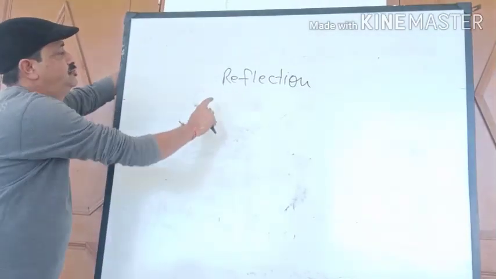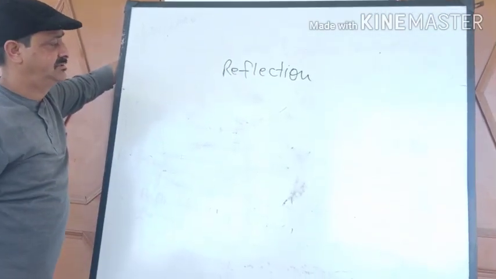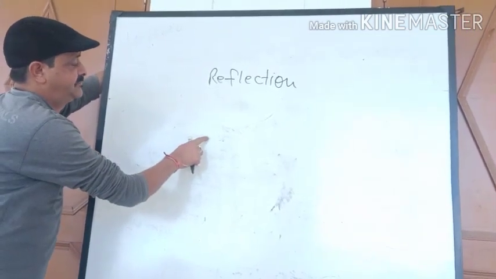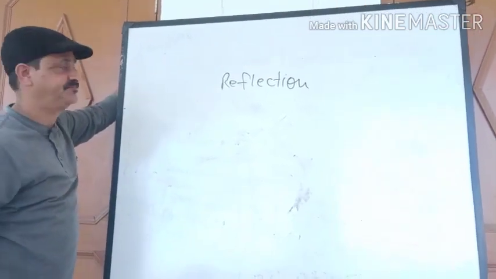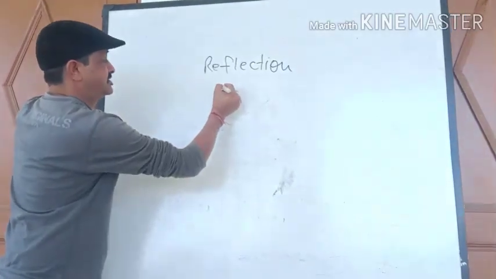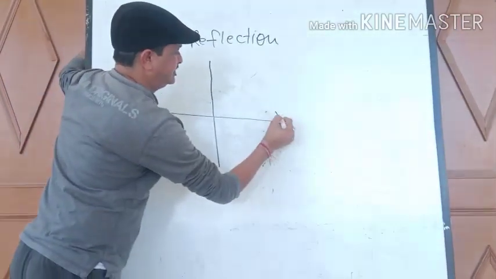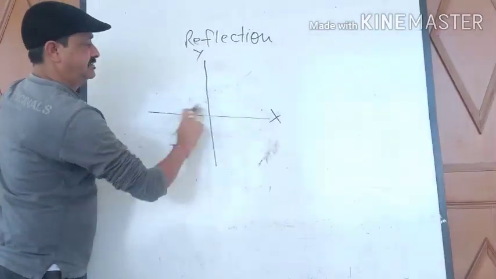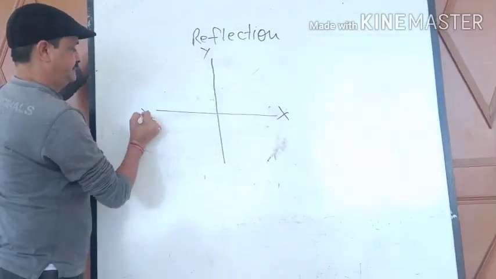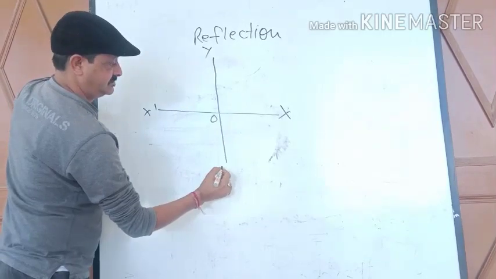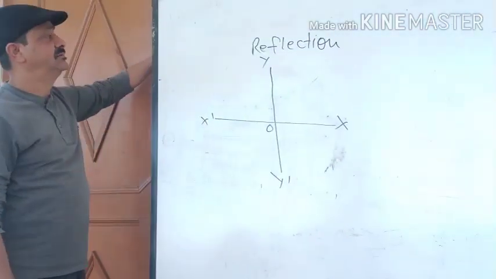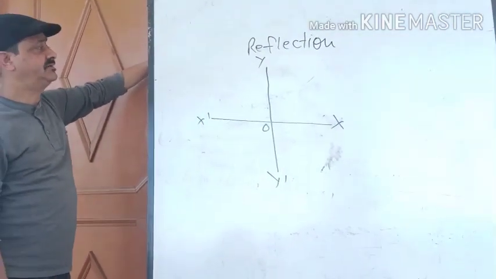Students, today I am telling you about the reflection. It is the first chapter of coordinate geometry. So from this diagram you can understand, we know that the horizontal and vertical lines represent the x-axis and y-axis respectively, and the point of intersection is known as the origin. So in this chapter we have to learn that